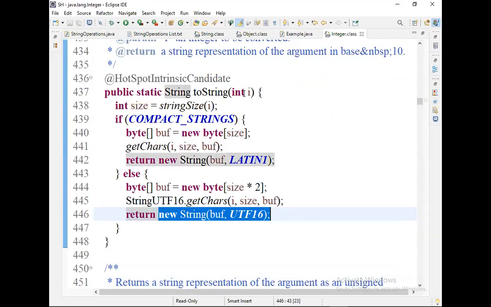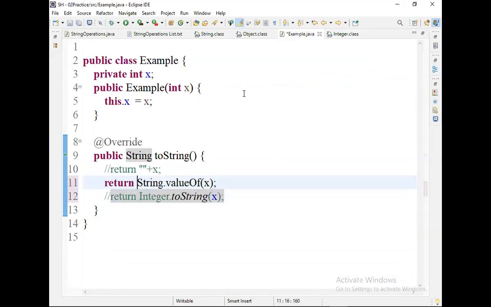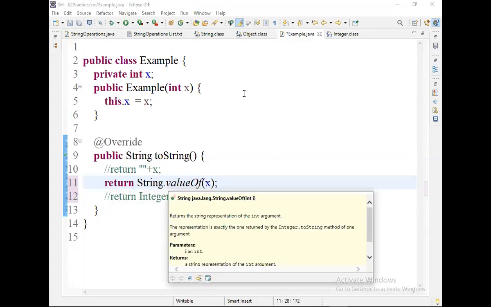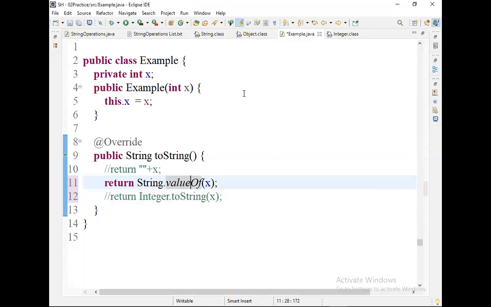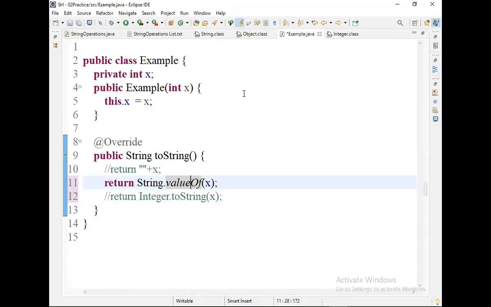It's implicitly using the toString method and only a string class object is created. I am commenting this return; String dot valueOf implicitly uses Integer dot toString, Integer dot toString of i. So almost all are the same logic, no difference. Whichever you feel comfortable with, use that. 99% of the people are comfortable with the plus operator.